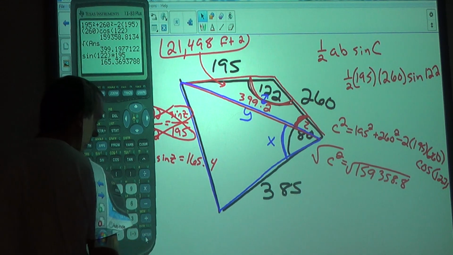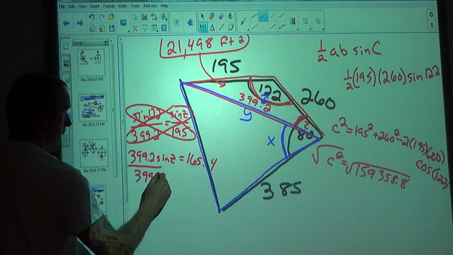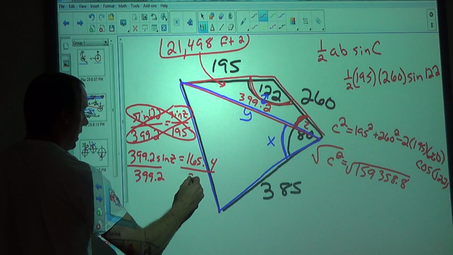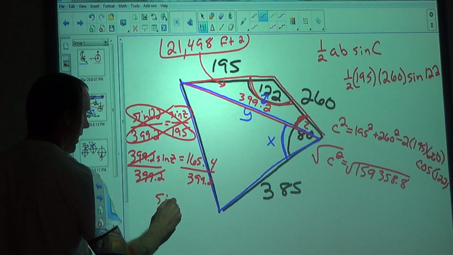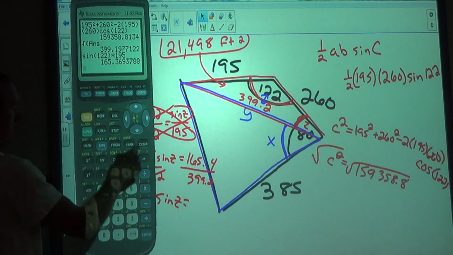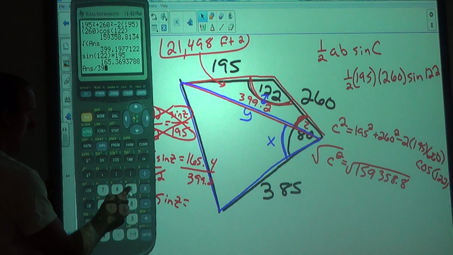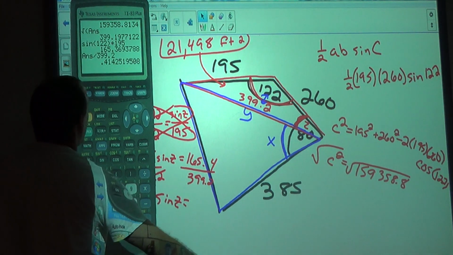Okay, and then how do you get sine of z by itself up here? I'm going to divide by 399.2, so I get sine of z equals a number. So take this number divided by 399.2. Okay, you get a decimal of